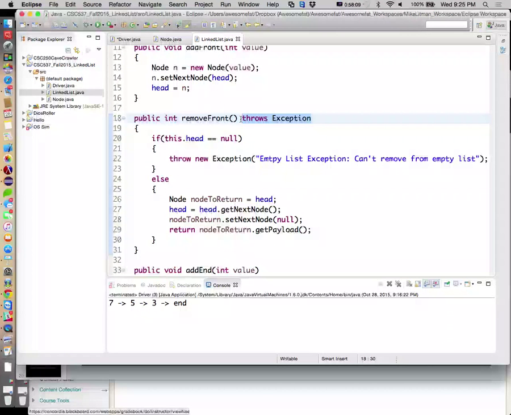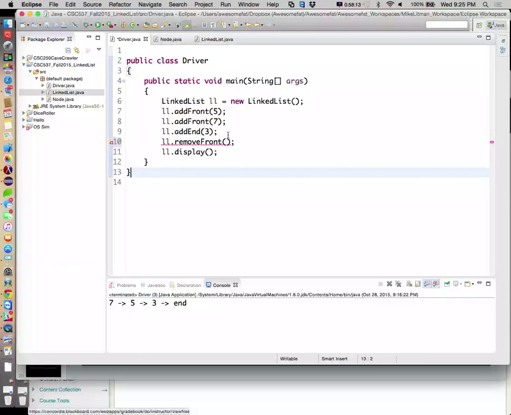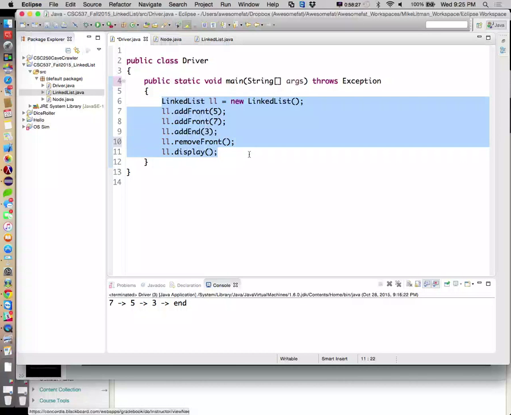So that means I have to deal with that exception. All right? So I have two choices. I can either put this guy inside of a try catch, or I can just pass the buck. So I can just say, okay, well, something in here could throw an exception, so if it does, I'll just toss it to the next guy. So it'll throw it up to the virtual machine. The virtual machine will just print out the error message.